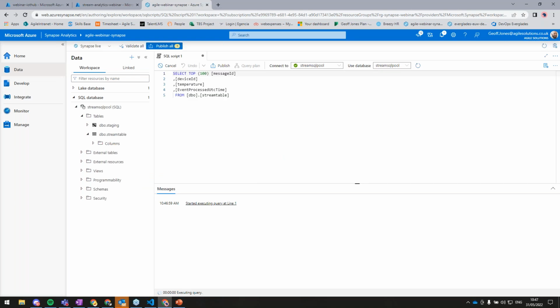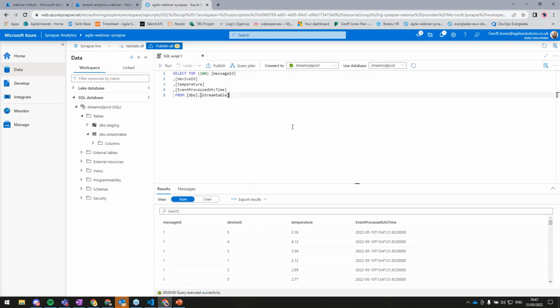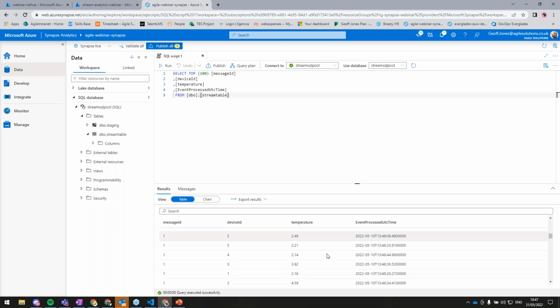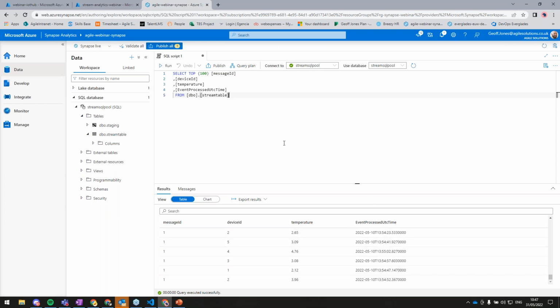And we can query that using the built-in query engine and the built-in IDE, and you can see that all the events stretching way back to the 10th are in there, historical, and we could see that those records are being populated in real time, which allows us to do both deep dive analytics as well as trend analytics for the near or real-time scenarios.